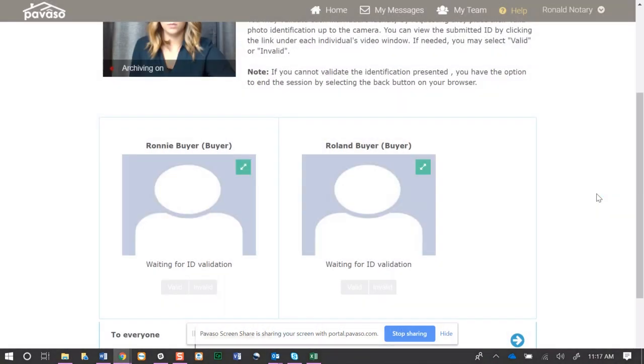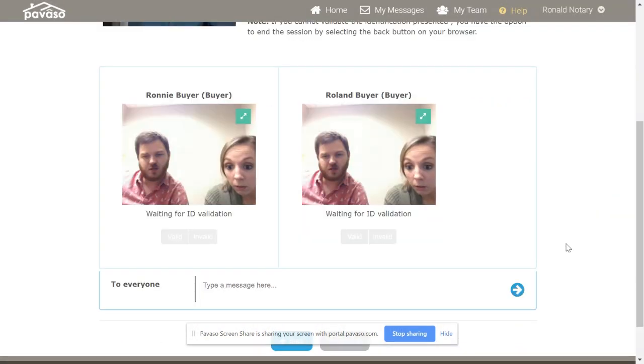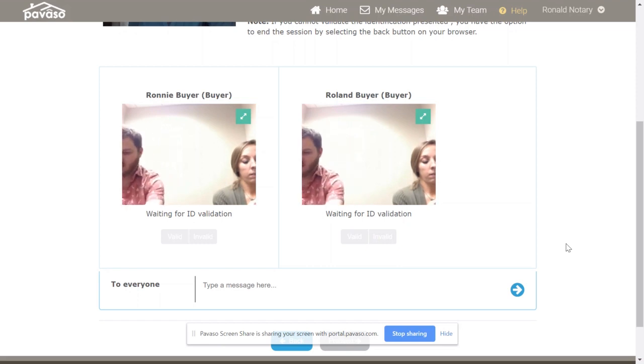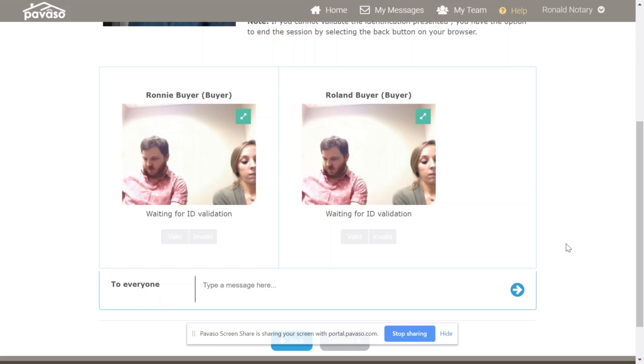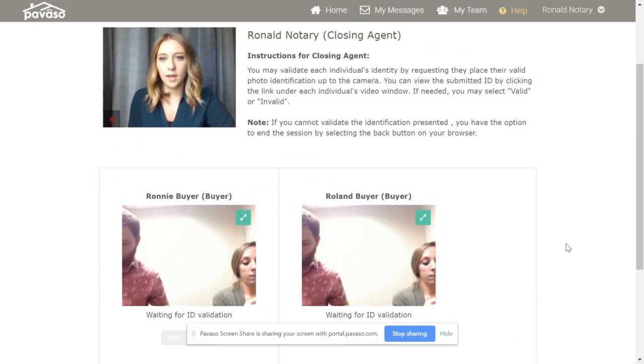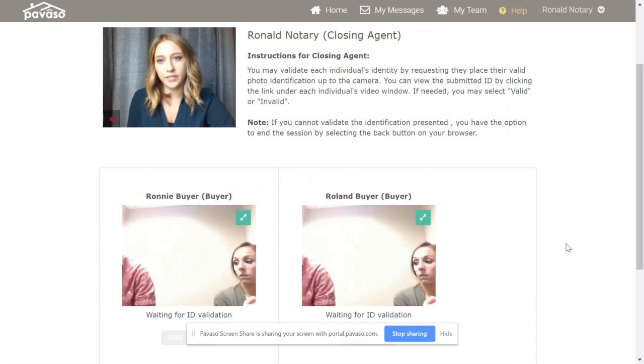Here we will see the borrowers. If the borrowers are in the same location, they will show twice as shown here. If they are in separate locations, you'll see borrower 1 on one screen and borrower 2 on the second. Borrowers will be asked to enter their cell phone number, in which they will be texted a link to verify